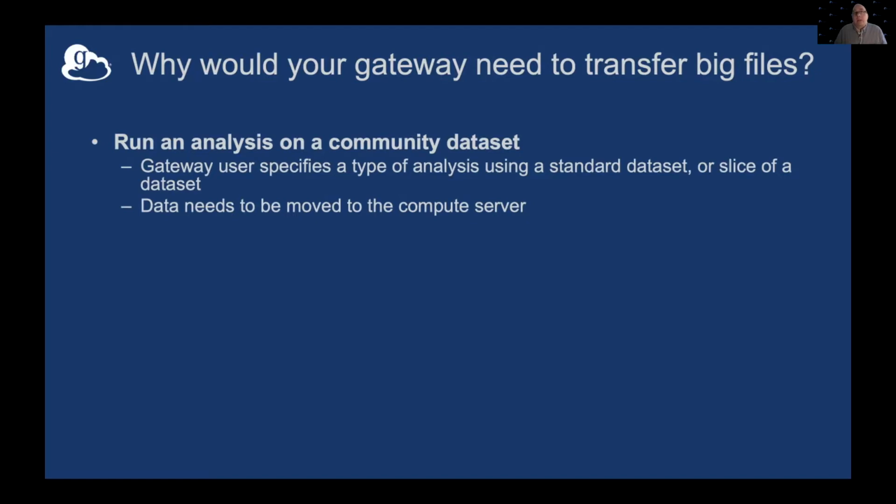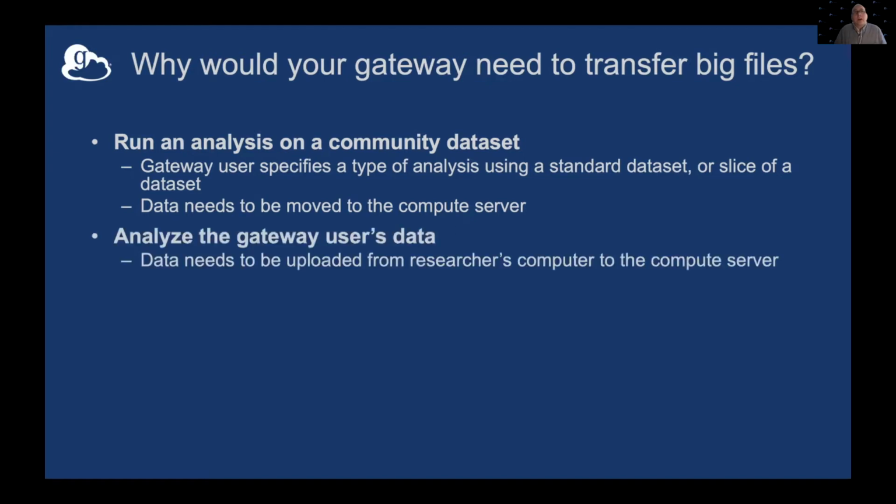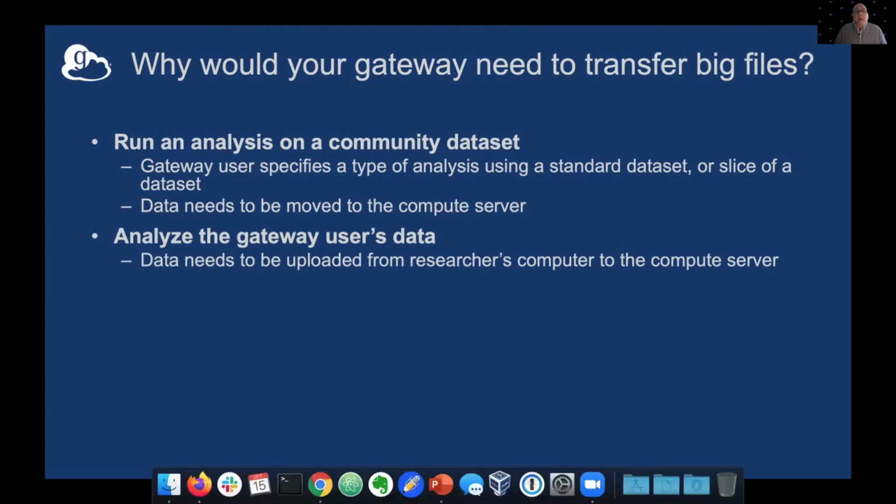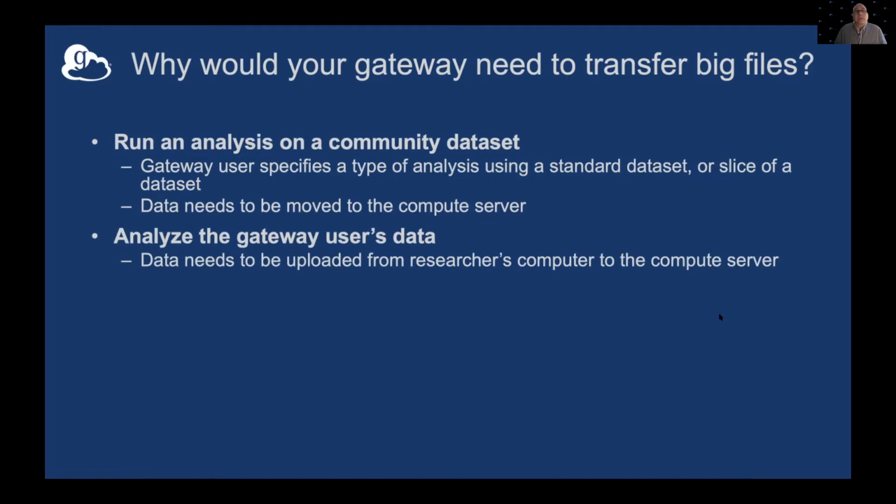In order for that to happen, the data, wherever it's stored, needs to be moved into the compute server that the gateway is using to run the analysis job. And so Globus can be used to do that. Another example would be to analyze data that the gateway user has. So it's on the gateway user's local computer. Maybe it's on their laptop, or maybe it's on their lab system. And the idea is that the data needs to be,